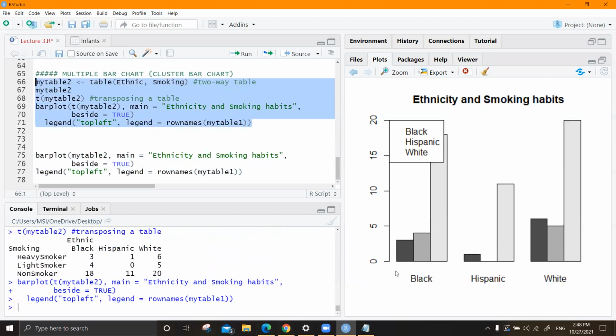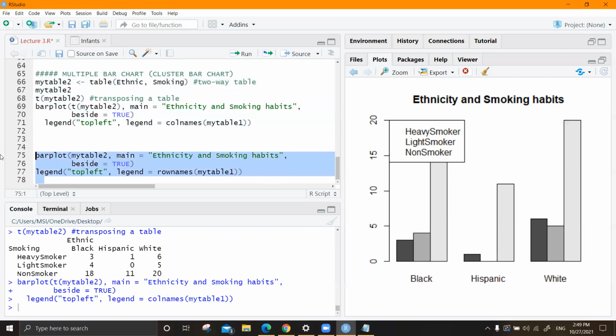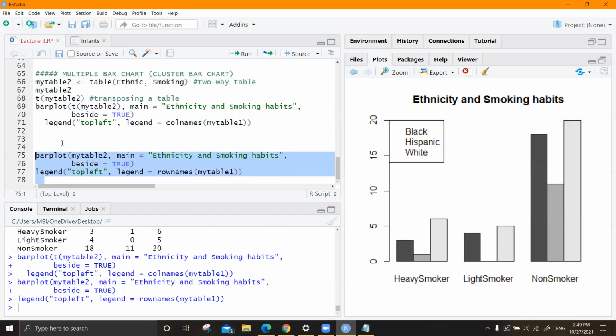No, right? This is wrong. Now it's correct. Yeah. Earlier code was wrong, right?